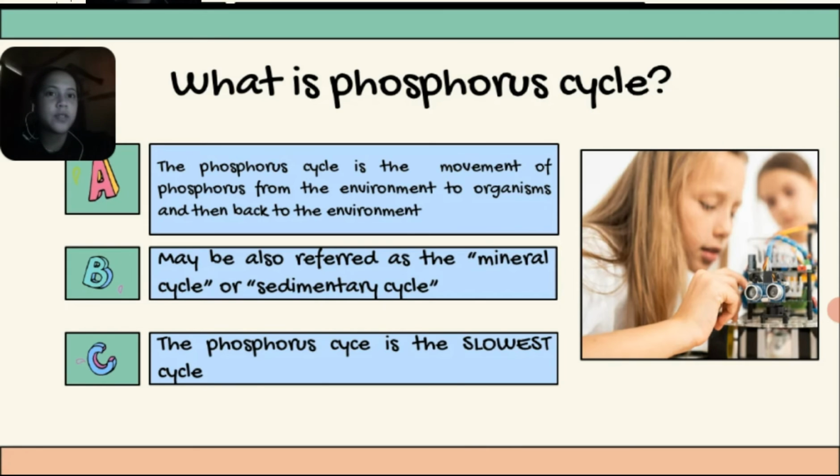So what is the phosphorus cycle? First, the phosphorus cycle is the movement of phosphorus from the environment to organisms and then back to the environment. So when we say from the environment,